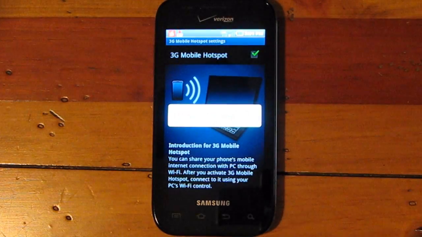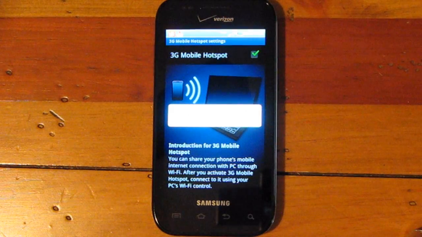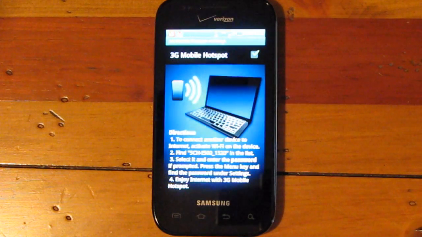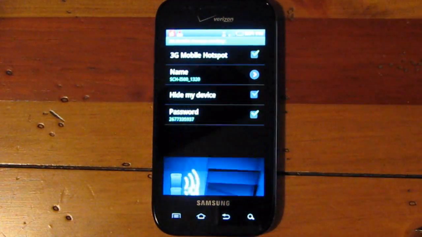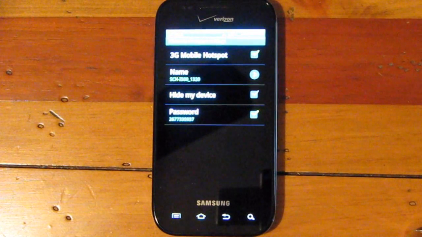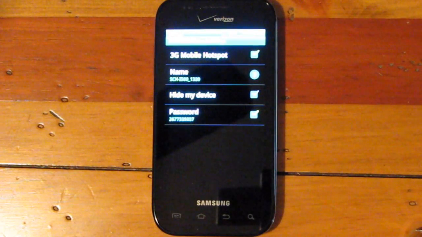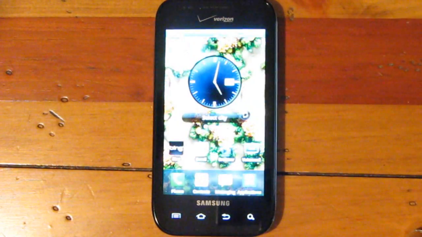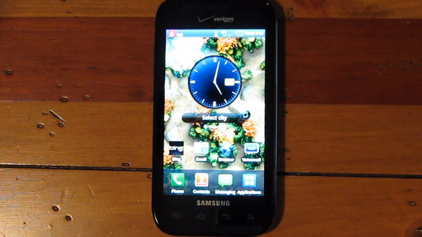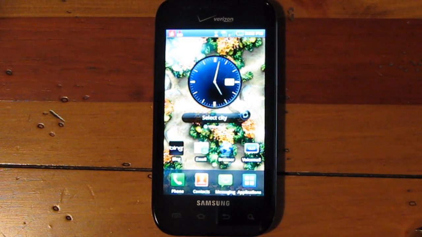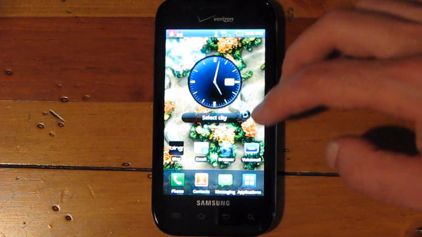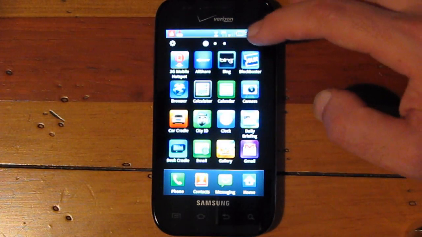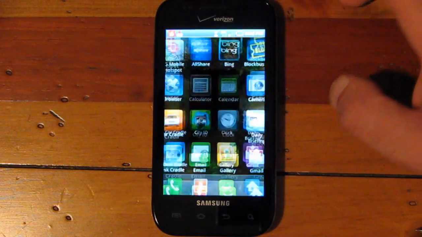Turn on mobile hotspot. So let's see if we're able to do this and how long it takes. Okay, so we should be able to go into the settings, and there we are. If we had a Wi-Fi device, we would be able to connect to it and use Verizon's 3G network over the tethering. So next up, why don't we check out the Blockbuster application here,